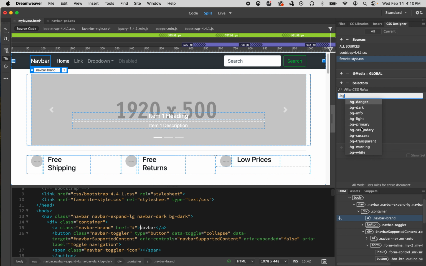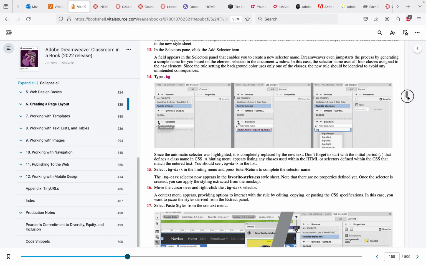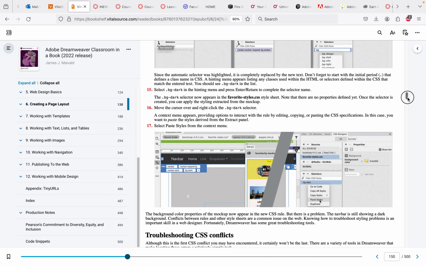So according to the lesson, it wants us to pick the same name, okay? So you type it or you select it, and after that you hit return. So that will create that rule for us, or that selector. Yeah. So we call it BG dark, and then after that,